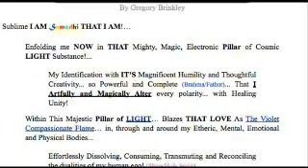Enfolding me now in that mighty, magic, electronic pillar of cosmic light substance, my identification with its magnificent humility and thoughtful creativity, so powerful and complete, that I artfully and magically alter every polarity with healing unity. Within this majestic pillar of light blazes that love as the violet compassionate flame, into and